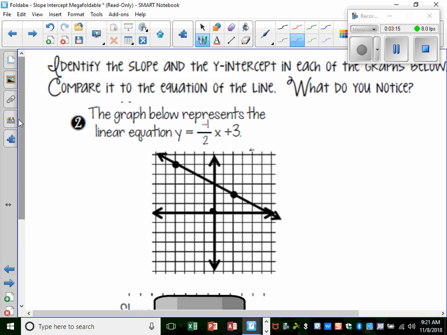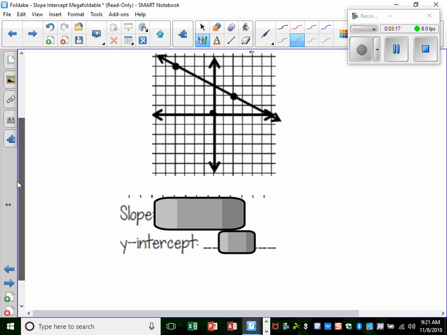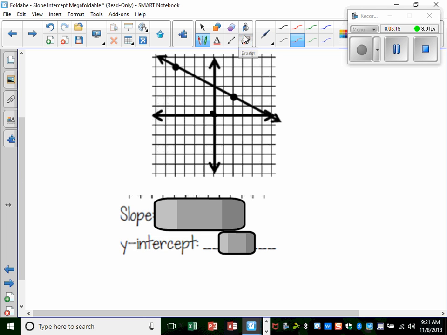So we're going to do the exact same thing here, and this would be the process you would take when you're given a line and you have to find the equation of that line. Well, first, is this going in a positive direction or a negative direction? So we already know our slope is going to be negative. That's always good to identify first. We already know we're going to have a negative slope. So when we connect these 2 points,